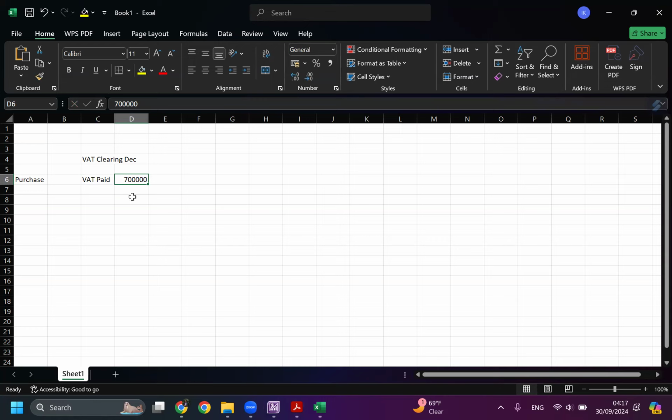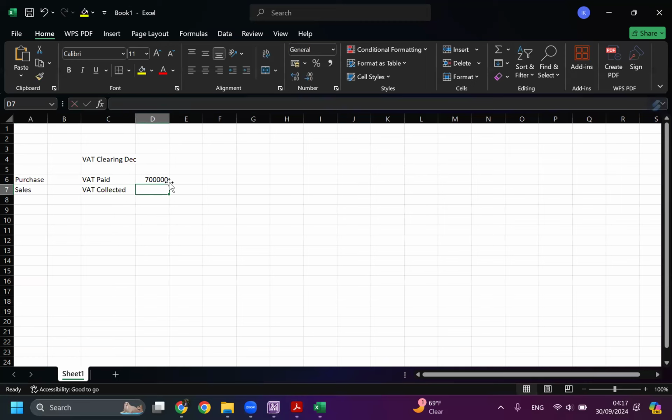So we already pay some tax, but we pay it to our seller. And then we have VAT for any sales that we already make. VAT collected. Usually VAT collected is related with our sales. And the total is 800,000. Okay.